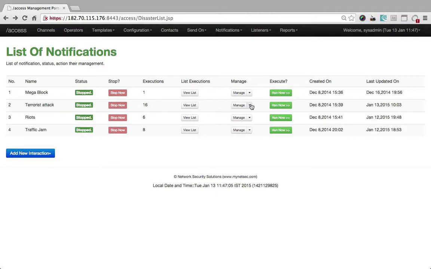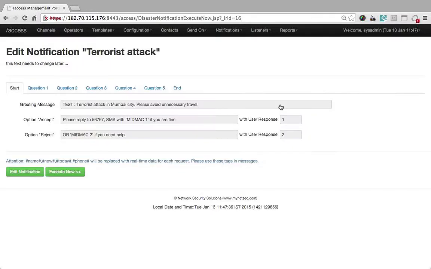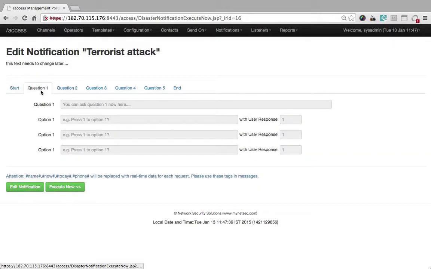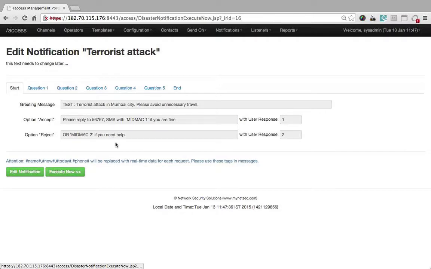Over here I'm going to quickly show you that if I want to run it, I come here and run it. This is confirming the messages which are going to show. In our case, we have just taken a simple example where a particular message is sent out, and then the user will have the choice of replying back with option 1 or option 2. Now we are going to go ahead. Over here you can edit it or you can execute it. Now in the execute part,